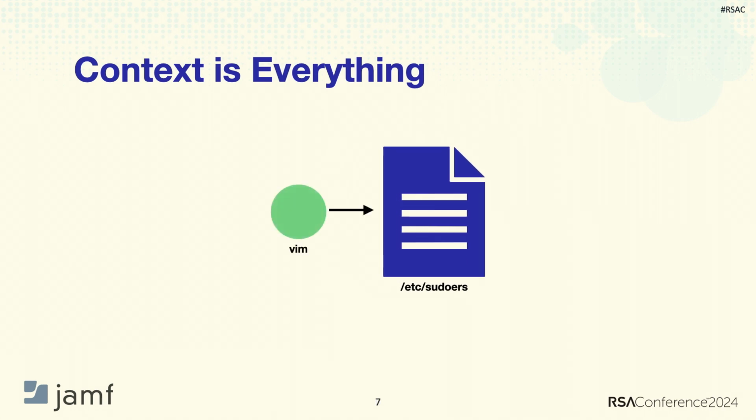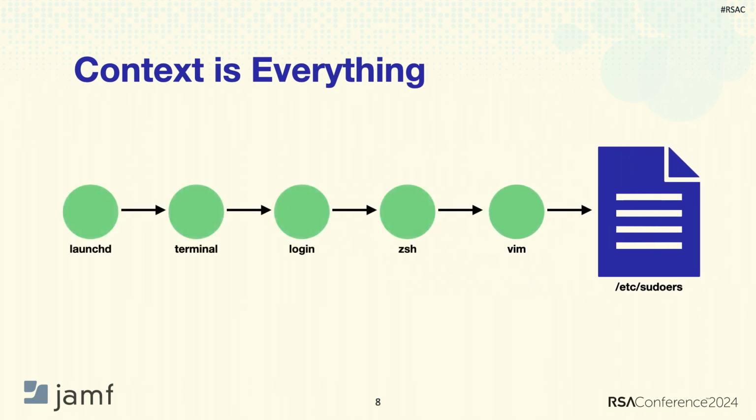If we look at the process tree, the why is often provided to us through context clues of the process tree. For example, here you can see that Vim was responsible for modifying the etc sudoers file. Vim, of course, is a shell-based text editor that you can use to modify files manually. So here, whoever modified the sudoers file did it manually via Vim. To gain even more context, we can look further up the process tree. This is a pretty common process tree that I would expect to see when the etc sudoers file gets modified with Vim, right? We see that ultimately the terminal was responsible for doing that modification.